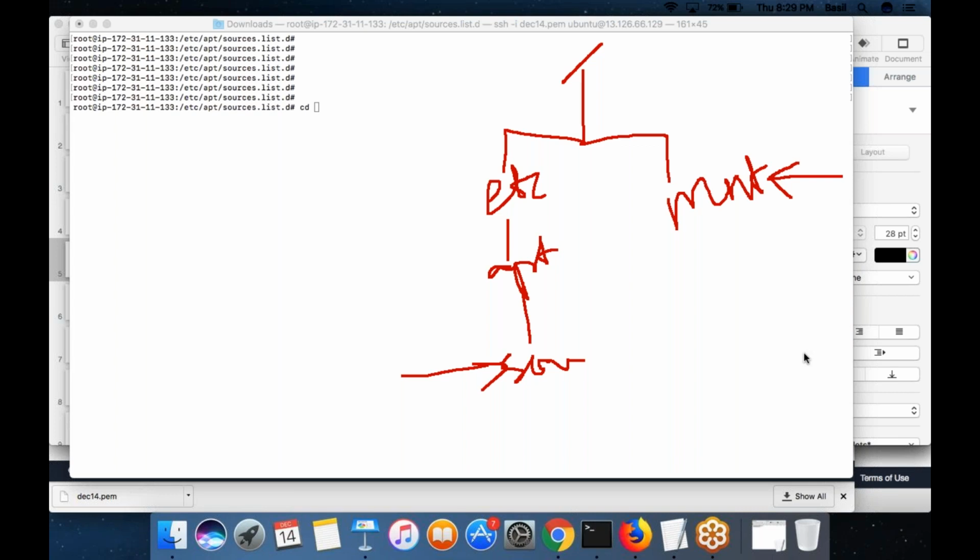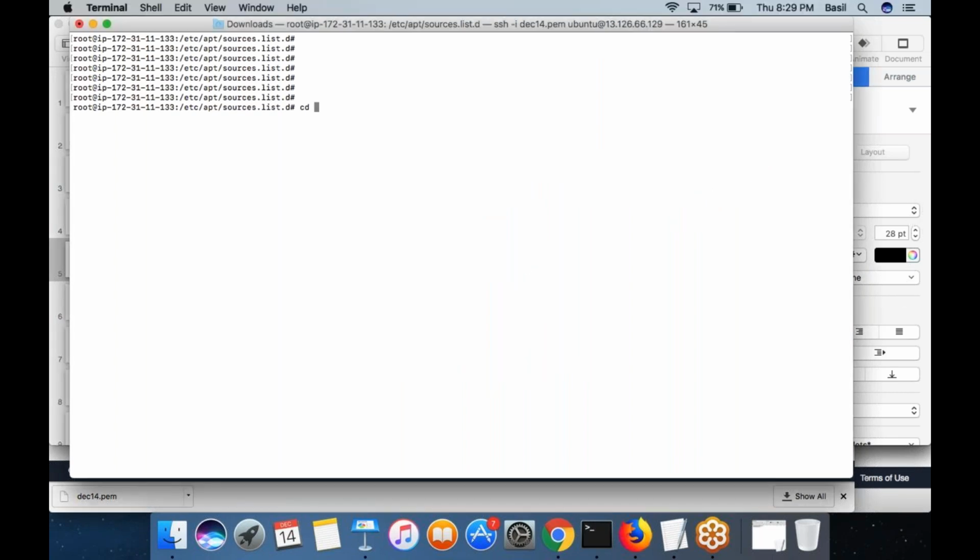Yeah, the command is cd, of course. What I can do? Either I can type two commands: cd slash, that will take me to the slash folder, the top folder, then cd space mnt. That's one way.